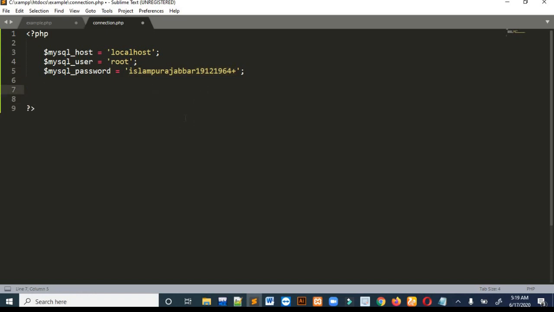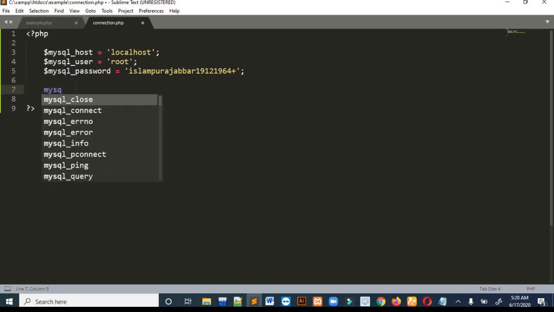The next thing I have to do is connect this file to my database. For that I will write the built-in function, which is MySQLi. You can write MySQL, but in the updated version of MySQL you have to write i with every query.